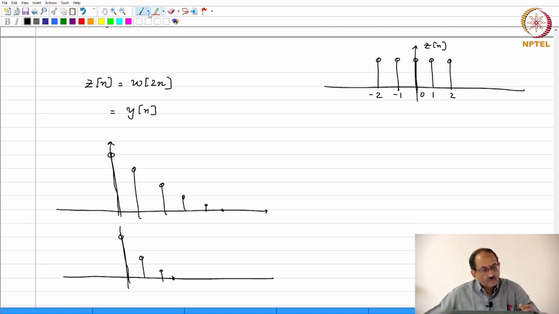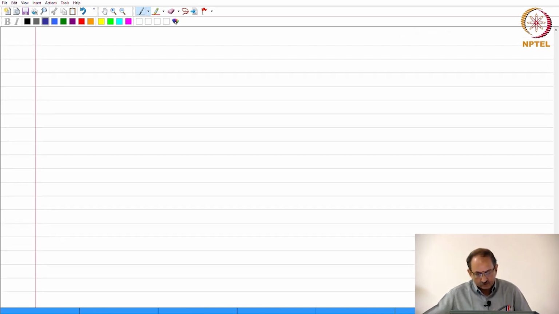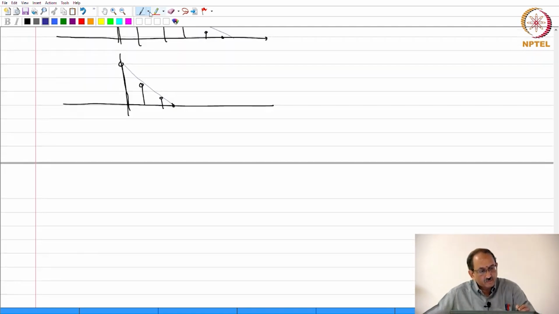So this kind of had something like this, whereas this has an envelope something like this. So this seems to remind you that this is compression by a factor of 2. All right. So in that sense, this seems similar to that. Now let us carry this comparison further and then look at the other